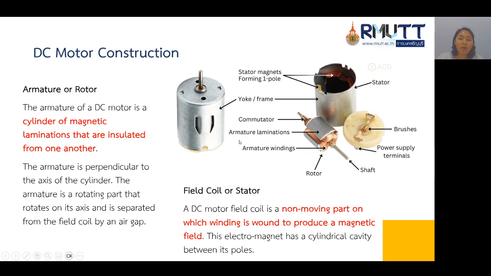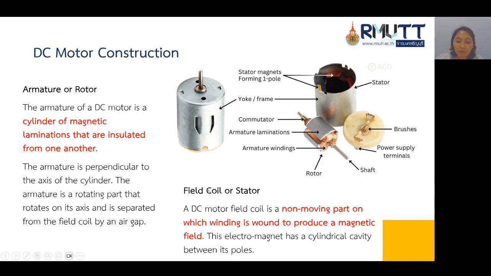The armature or rotor of a DC motor is a cylinder of magnetic laminations that are insulated from one another. The armature is perpendicular to the axis of the cylinder. The armature is a rotating part that rotates on its axis and it's separated from the field coil by an air gap.